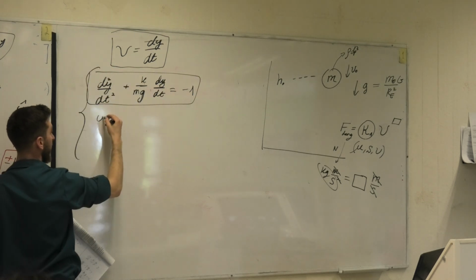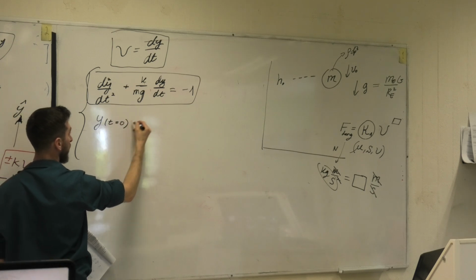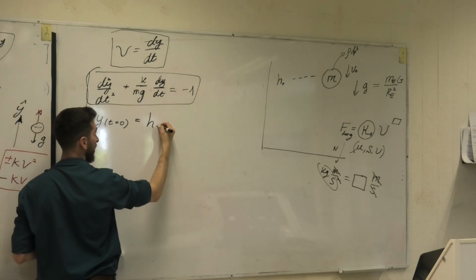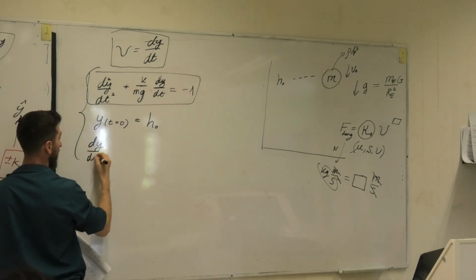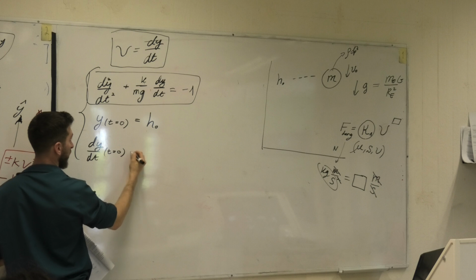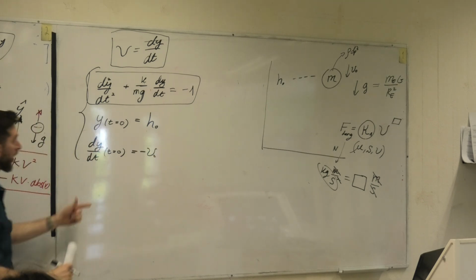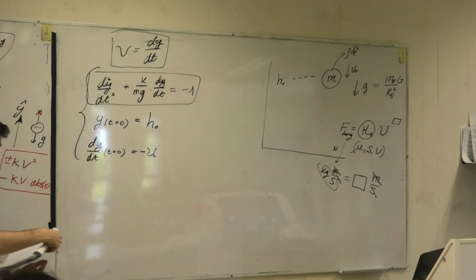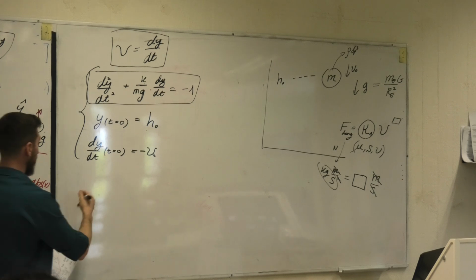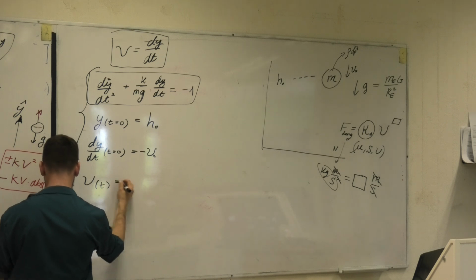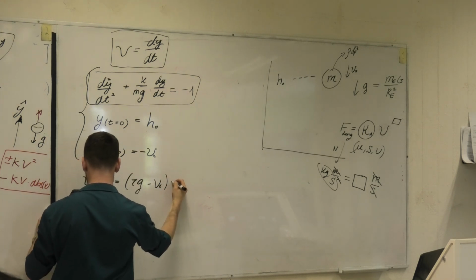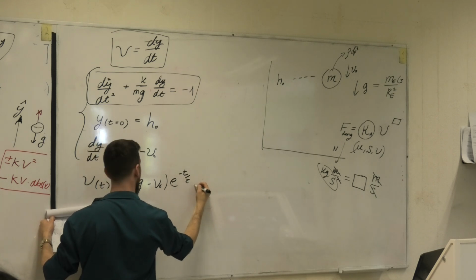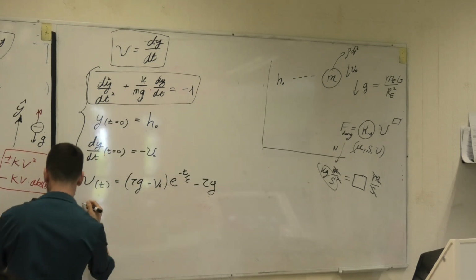We have that at t equals 0, the ball is at the height h naught, and we know that the velocity of the ball initially was minus v naught, right? This is the equation, and we have a solution to that equation. We're not going to waste time on it, so the solution is very messy. Vt equal to tau g minus v naught exponent tau minus tau g, and